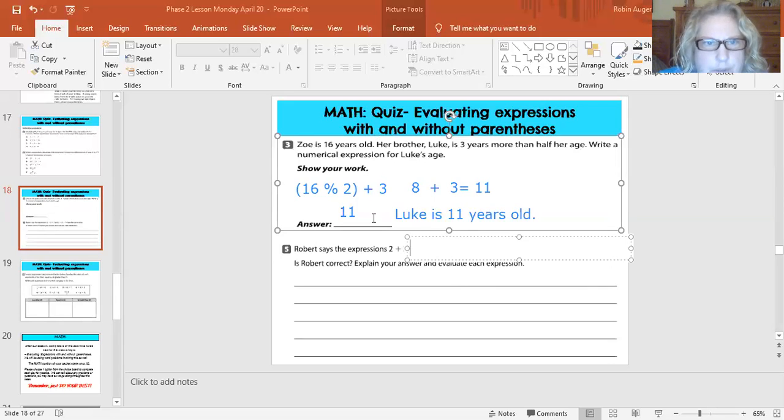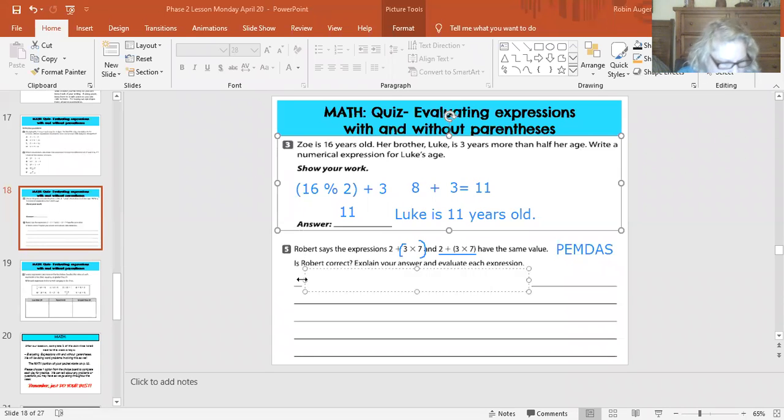Oops, let's see here. Here we go again. There we go. Now I need a drawing tool. There. You're going to automatically put your parentheses here and here in order to solve the problem. So basically what Robert says, they are the same value because he, in this problem right here, has already done that. Okay? So with text box down here. Okay? And what we need to say is,